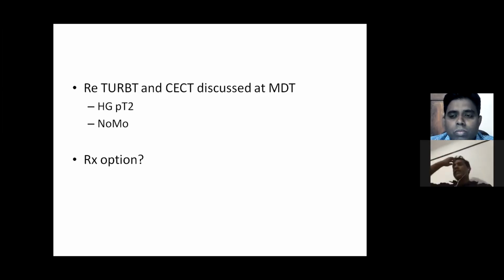From the surgeon's point of view, that will delay the procedure, and if you give neoadjuvant chemotherapy, sometimes the patient's condition may deteriorate and the performance status will be low. So if you diagnose a bladder tumor, within how many months do you have to operate according to the NICE guidelines? I think according to the NICE guidelines, it should be within 12 weeks. We have to complete the treatment option actually, but in the UK there's a